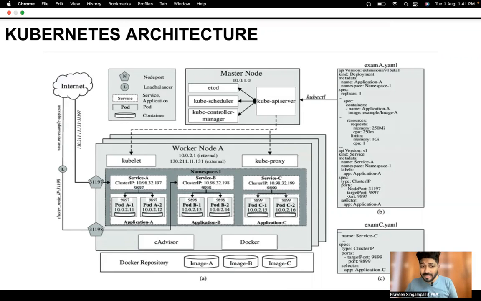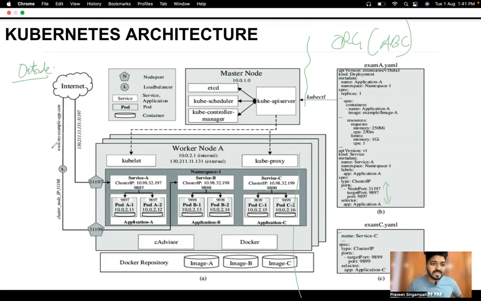Now, guys, very, very important. Now, you see, from this end, this is your organizational end. Let's think like this. You are in an org ABC and you have completed your part. And now there is an outside person who is trying to access my Kubernetes. How is he going to access it? Now, remember, there are some ports here. I told you, right? Now, you see, when the person is hitting